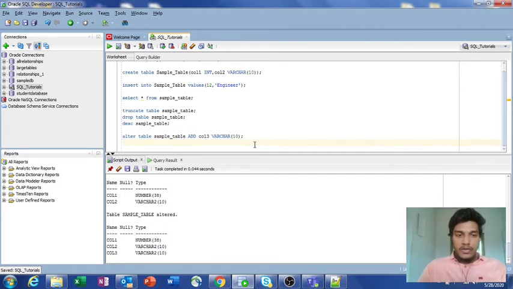Suppose now I want to drop a particular column. For that you can also use the alter command. So I am writing alter table sample_table, and now I am using drop instead of add. Drop col3 varchar of 10. Now if I run this,